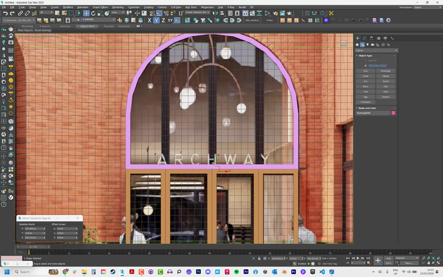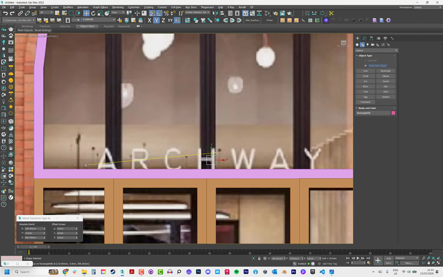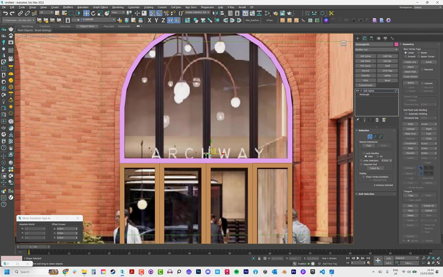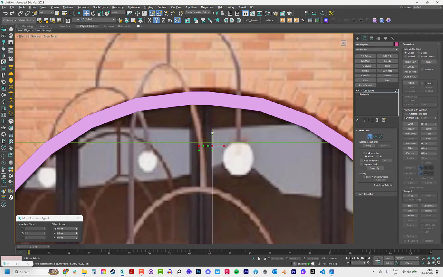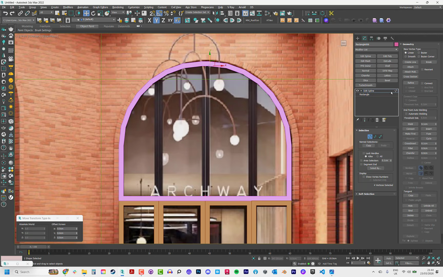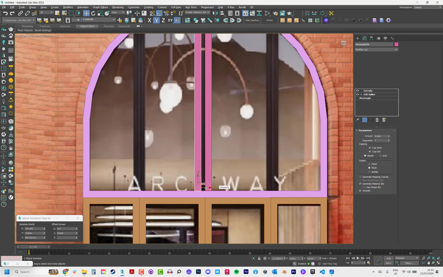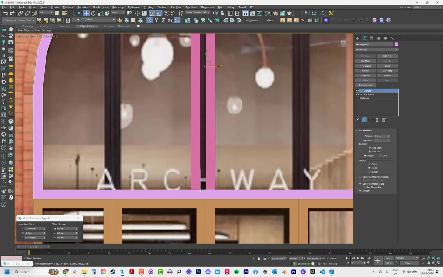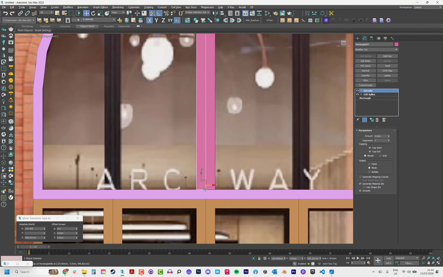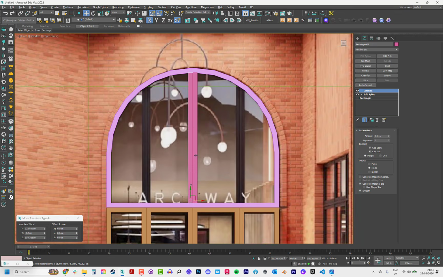Now let's create, maybe hide the grids and make these two window frames like this. Make them corner, extrude it. We copy one more time like this. It looks nice, and